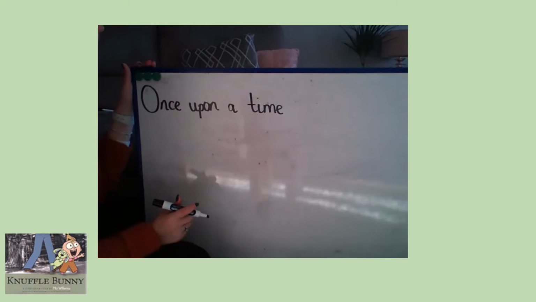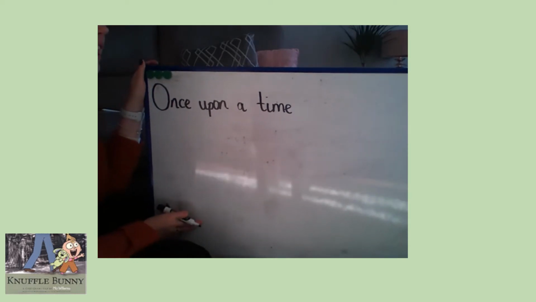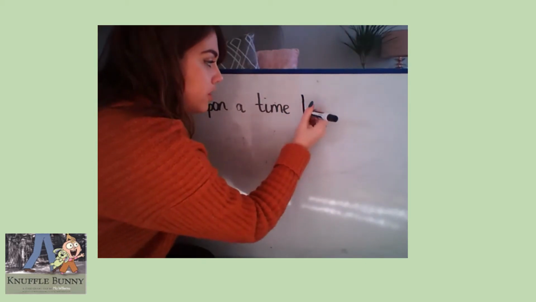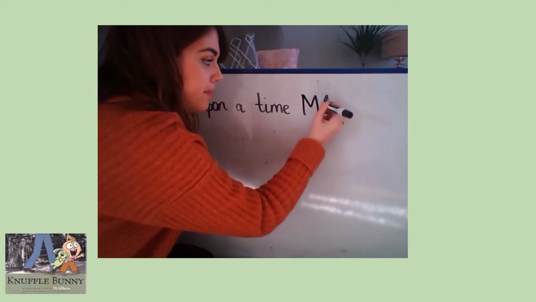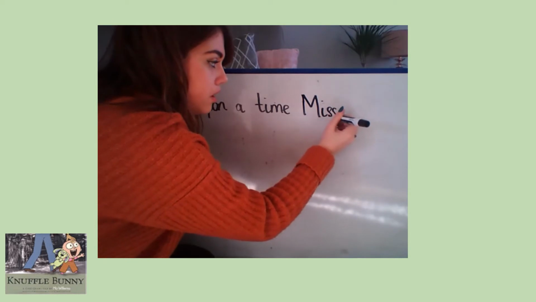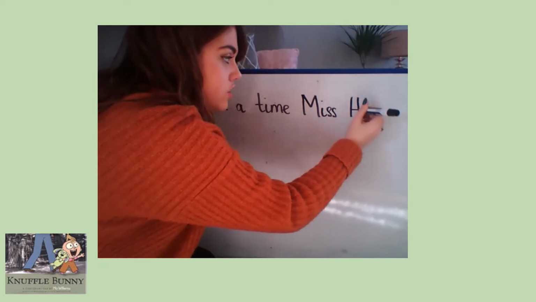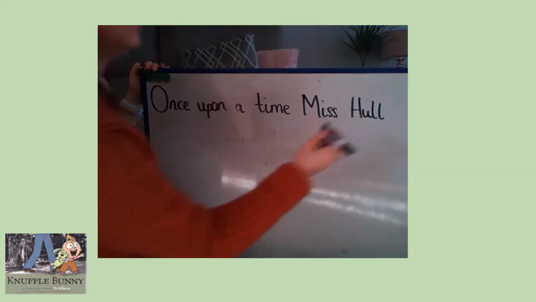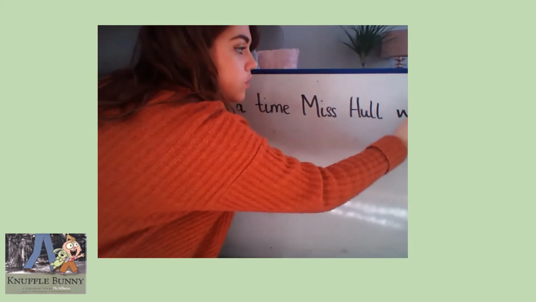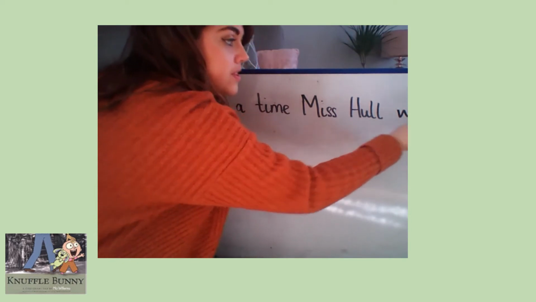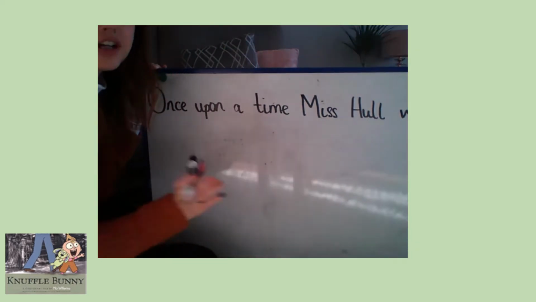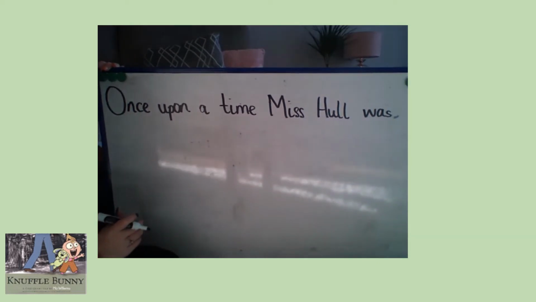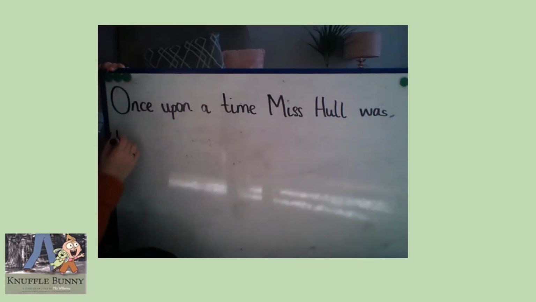Once upon a time, I like the idea of walking because I'm going somewhere. So once upon a time, Miss Hull. Now I need a capital M because it's my name, and a capital H for my name. Once upon a time, Miss Hull was, red word. Some people say was, but it actually is was. Just to make sure you can see. There we go. Once upon a time, Miss Hull was walking